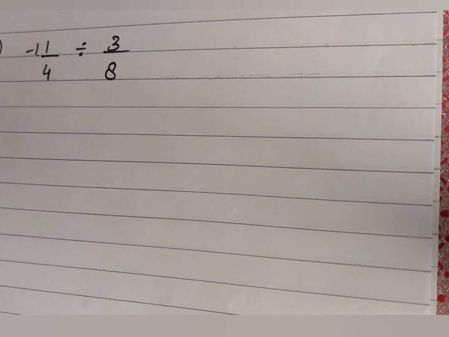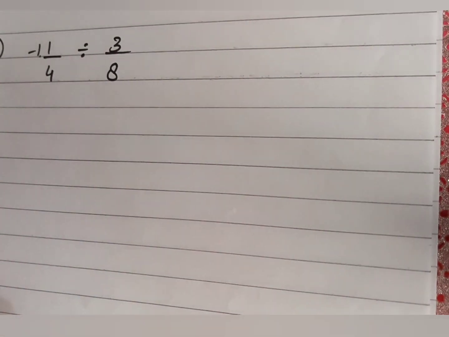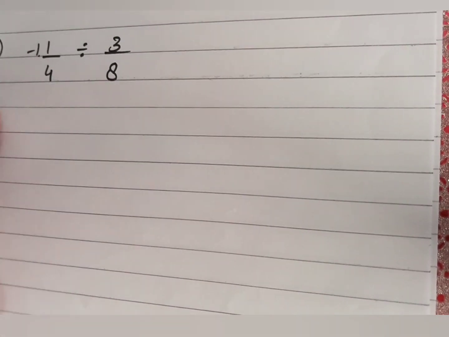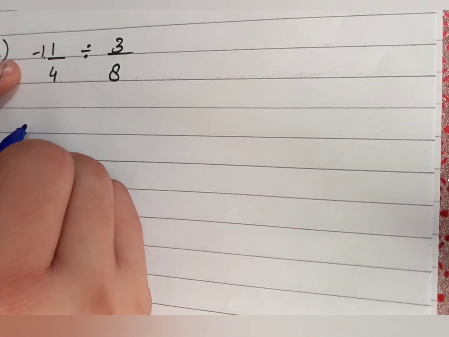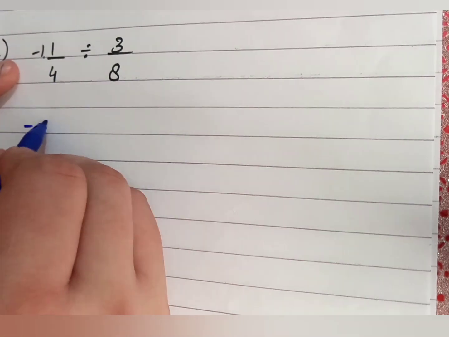Okay, in part D we have 1 whole minus 1 whole 1 by 4. I just tried this one and it looks like 11 by 4, but sorry, that is 1 whole 1 by 4. So first of all you have to solve this. 4 1s are 4 plus 1, 5, minus 5 by 4.